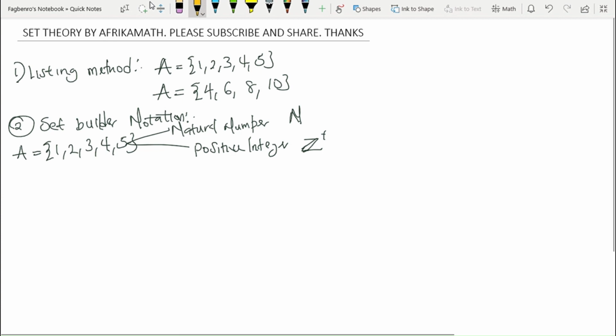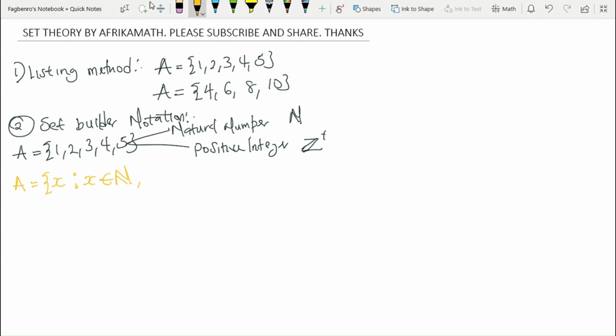Now let's say you want to rewrite this in set builder notation. The first thing you need to do is refer to every element here as x, or any variable that you want. So I can refer to it as x such that, that is the symbol for such that, x is a member. You now pick whether it is a natural number or integer or complex or any type of number it is. So from here now I can say x is a member of what? Natural number,